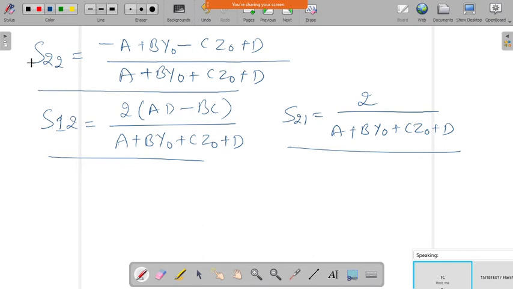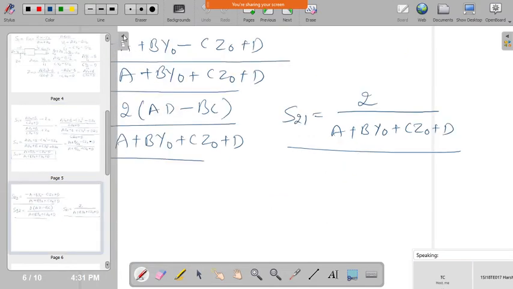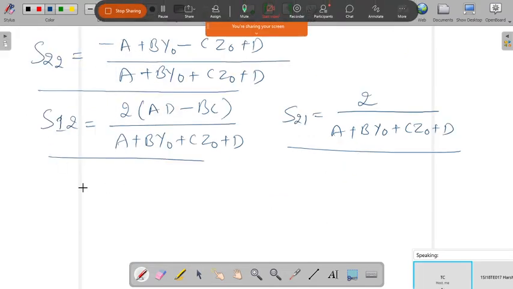Okay, so S11 we have already defined here. So these are some of the relations of the S parameters at low frequency, in terms of which we have chosen ABCD parameters. Even we can have the relation, there is a table provided, so we can look into that, what are the relations between other parameters like H, Z and other parameters. And even Y parameters also we are able to see. So this is how we can derive some of the relations.